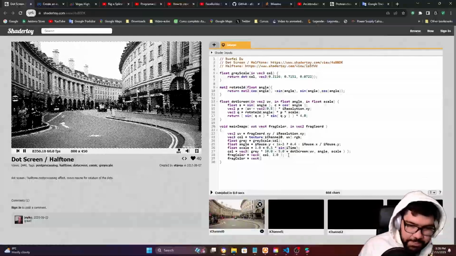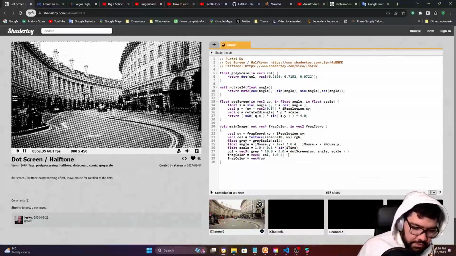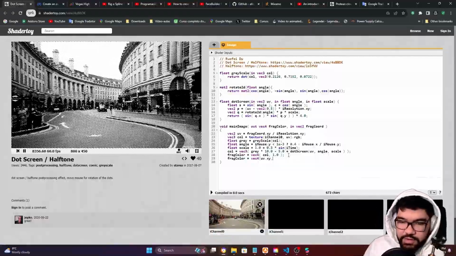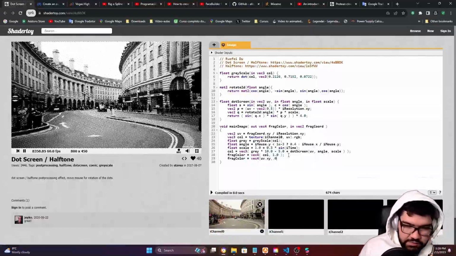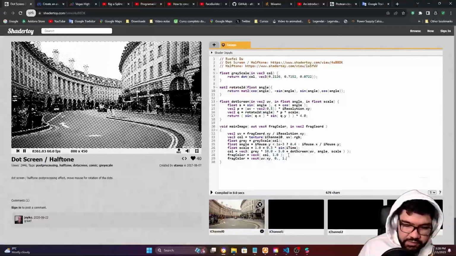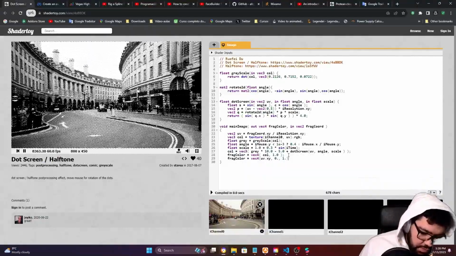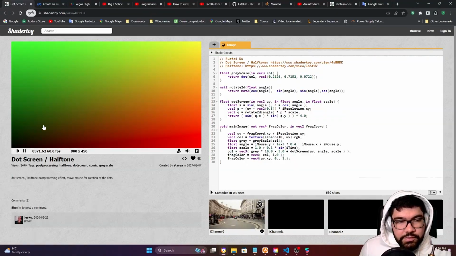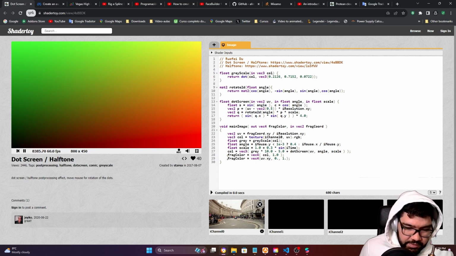vec4, uv.xy for the R and G channel, right? And 0 for the blue channel and 1 for the alpha channel. And let's see how our UV looks like. So this one is not shifted, it's just inverted in the Y direction, okay? The Y coordinates are inverted. So let's do that. But before, let me